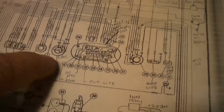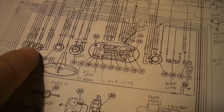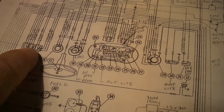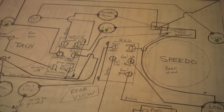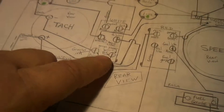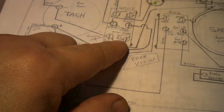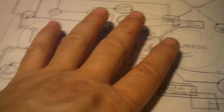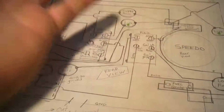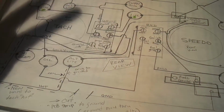So I'm kind of following these lines, and there's a Bianco, a white wire that turns on the instrument cluster lights, and it leads to the lighting here, which I went and drew up my own diagram for the back of the instrument cluster, because the view in the manuals are reversed. I just had a hard time always trying to reverse them around in my mind,